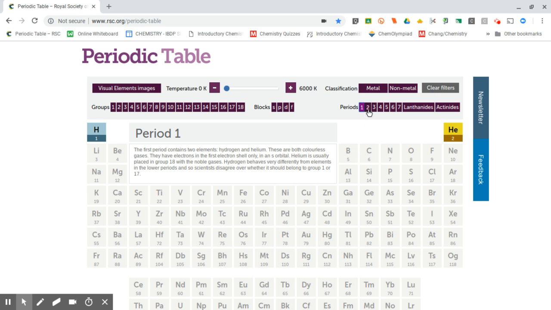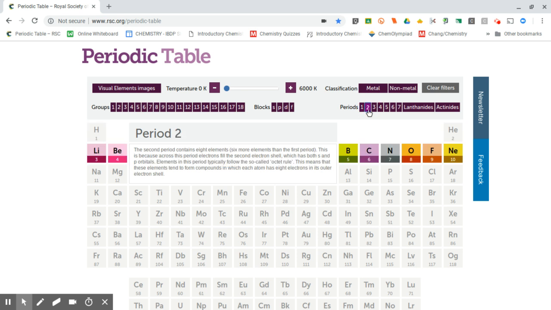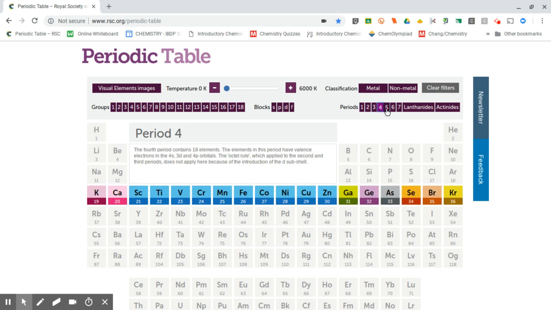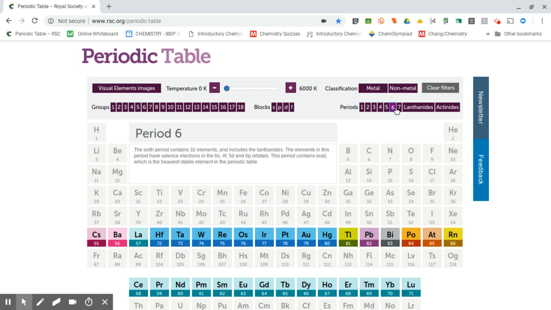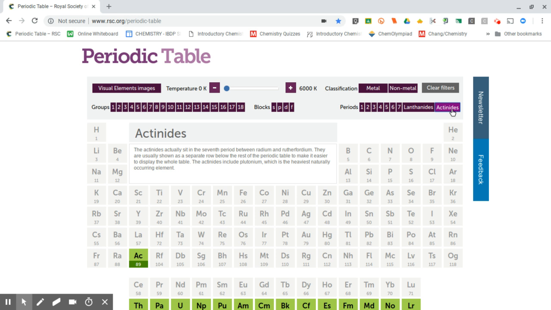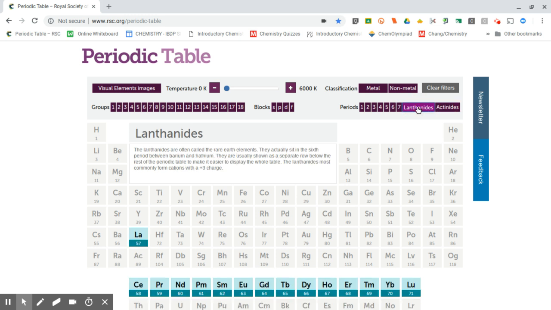And then you can go through period number two with two levels of energy, number three, number four. So you can explore the periodic table by period, including the lanthanide and actinide. This one here is not the main topic for this class, but you need to know about them just